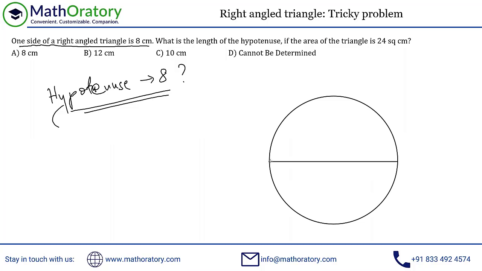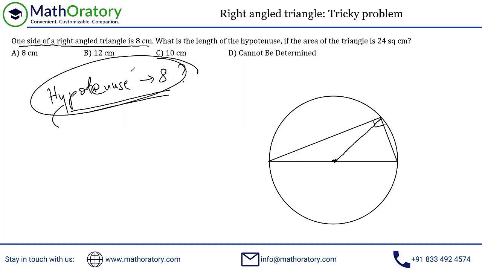If I draw a triangle using the diameter as one of the bases, this automatically becomes a right angle triangle. Now, consider this. If I connect the center to any point on the circumference, that will be the radius, right? Now, in this case, I've considered the hypotenuse to be 8. So the diameter of the circle is 8, which gives us the radius as 4, right? So this is also 4.